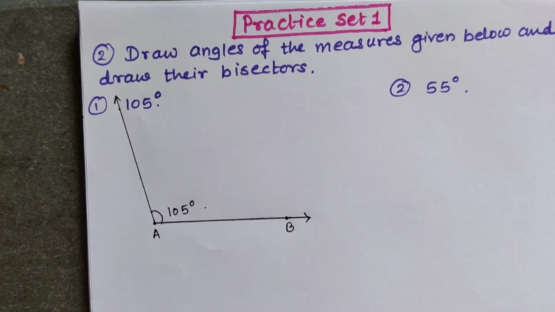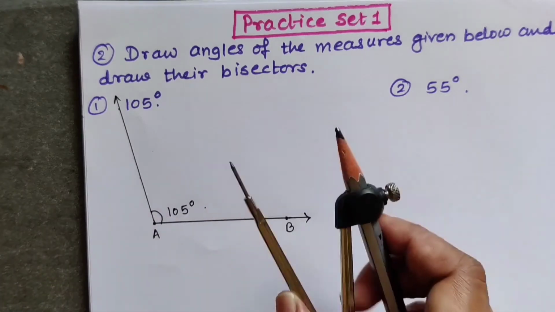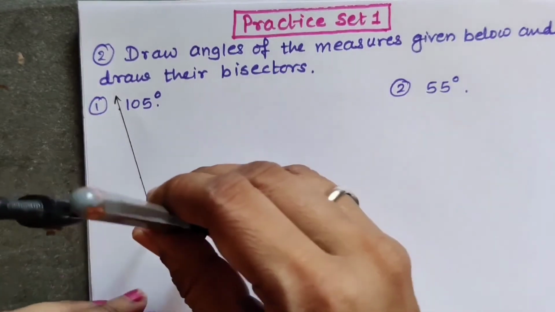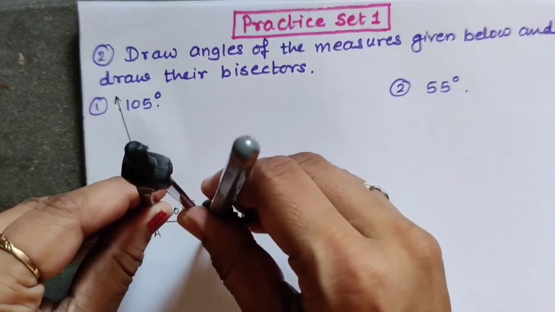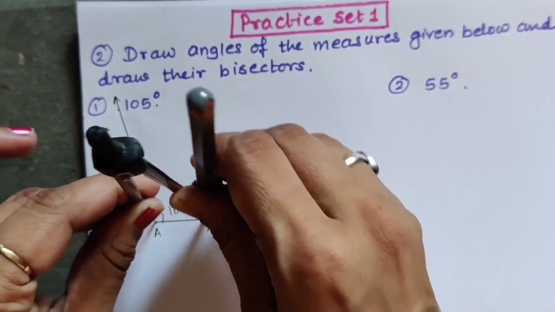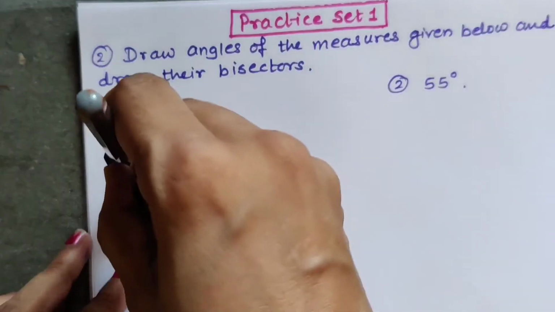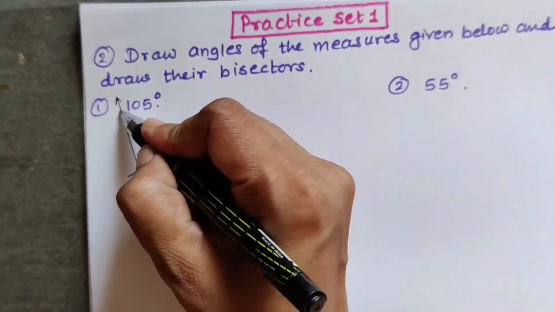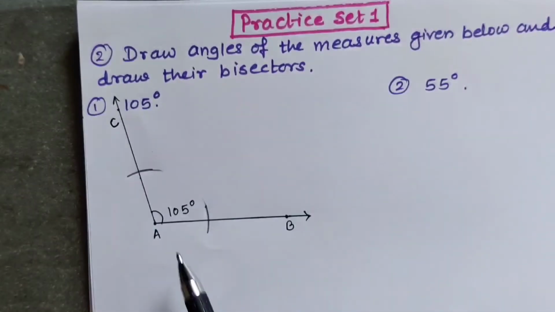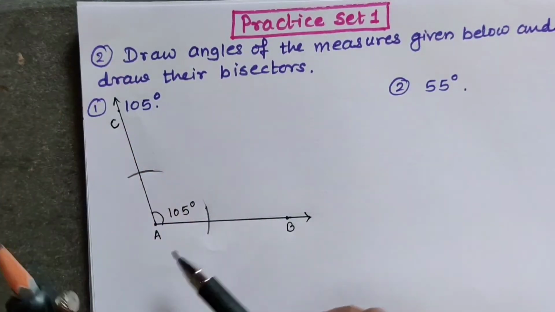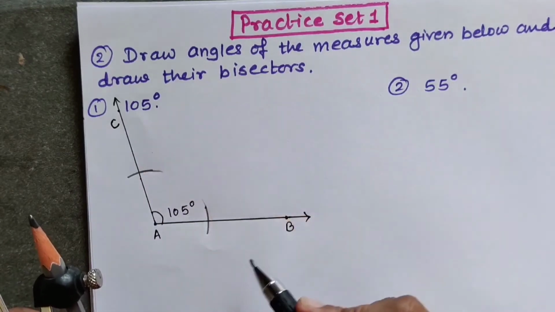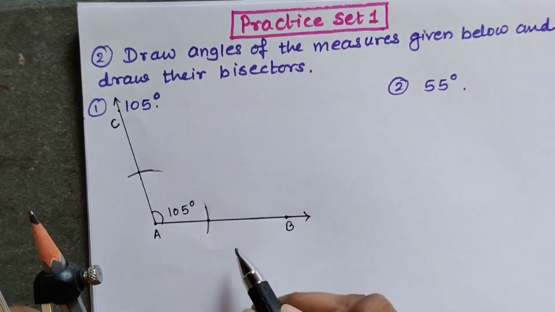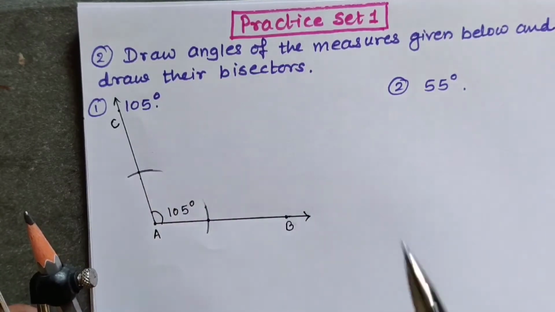Now we have to bisect this angle. We will be bisecting the angle by using our compass. Now we are going to place this pointer on vertex A and make one arc on side AB and the other arc on side AC. This point is point C. We can write here point C. So we have made two arcs by using our compass on side AB and side AC. We can make these points a little dark, where these arcs intersect the sides.